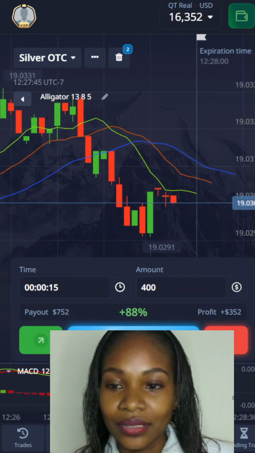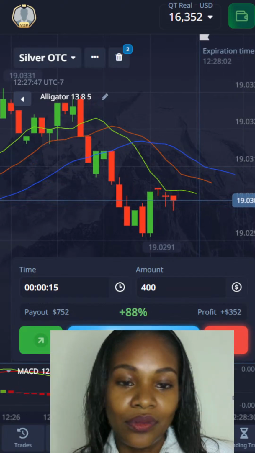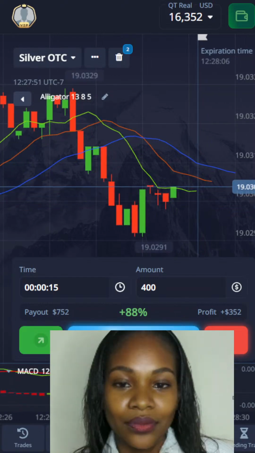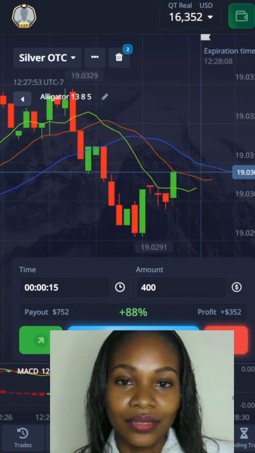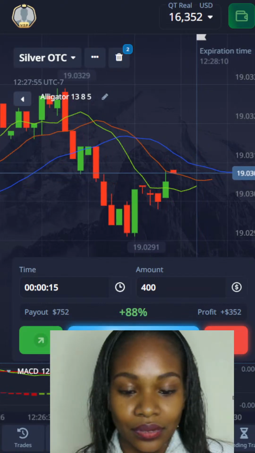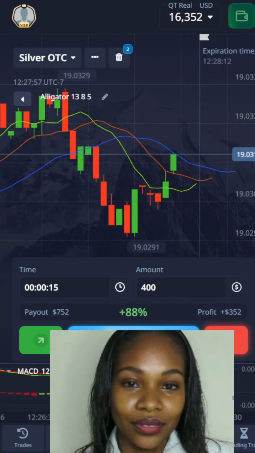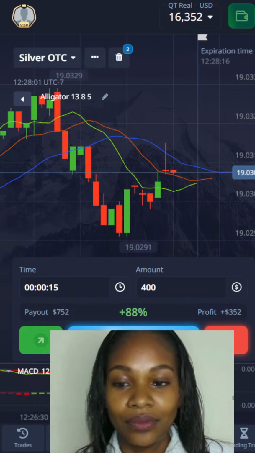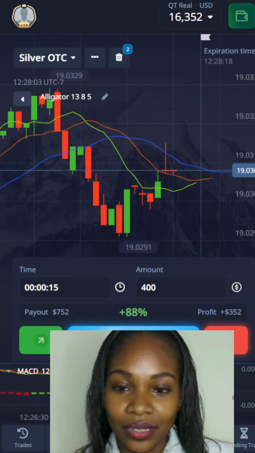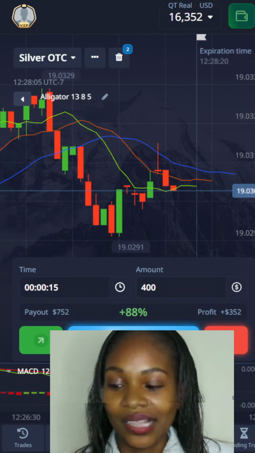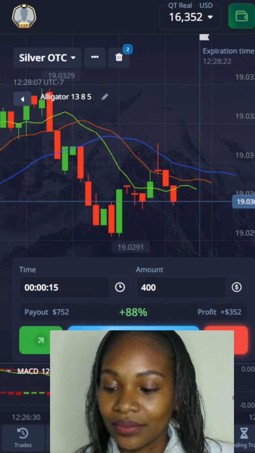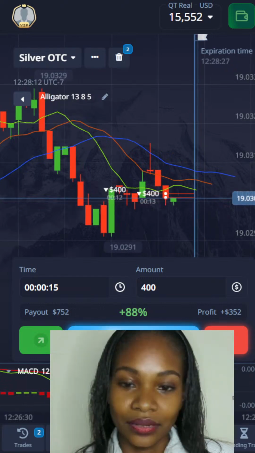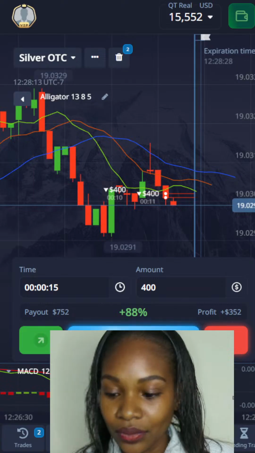Of course, when we have the strong bullish candles, we just know that the buyers are in control of the market. So we know what to do. We know that we have to place in our buys. Then for the strong bearish, we have to sell, because we are very sure that the sellers are in control of the market. All right.